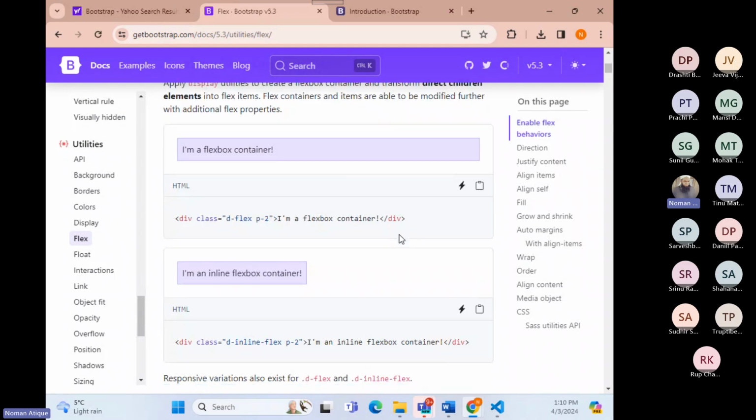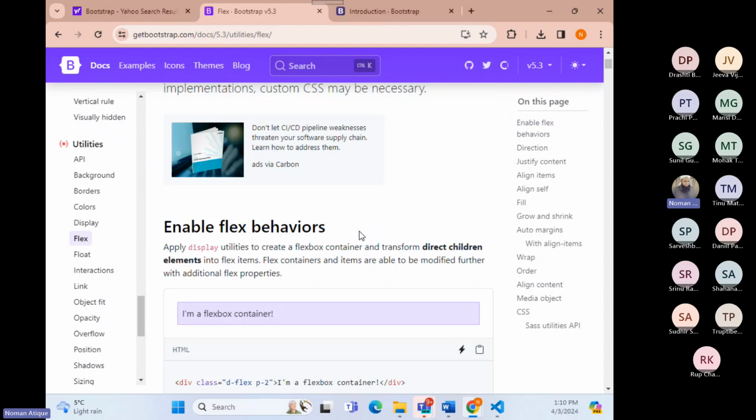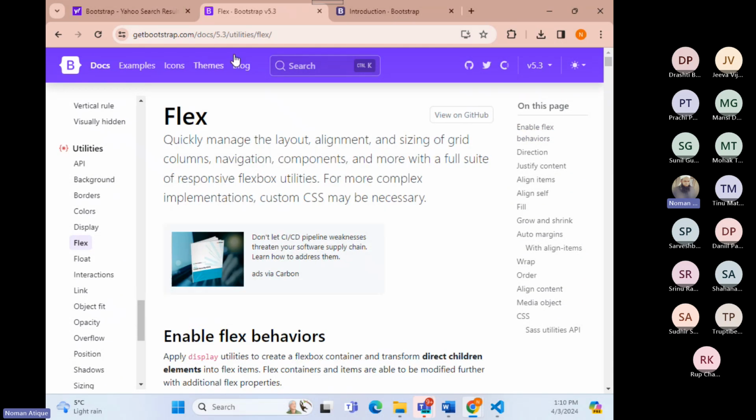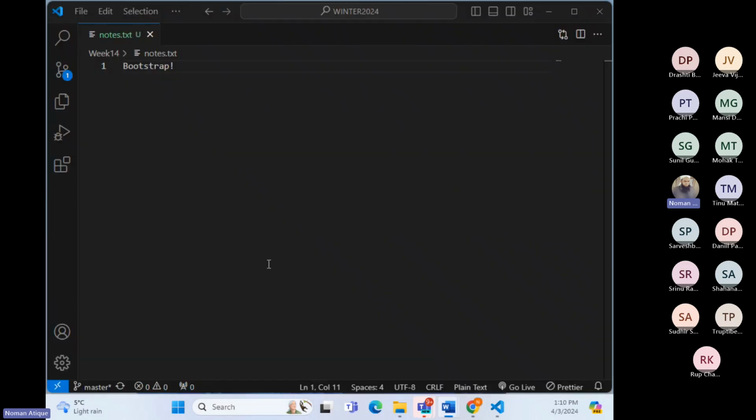We have the flex property as well, the flex model that we have talked about. We can just work with the flex container like this as well. So there are lots of things that we can use. So now let's start using that Bootstrap, first of all, let's say